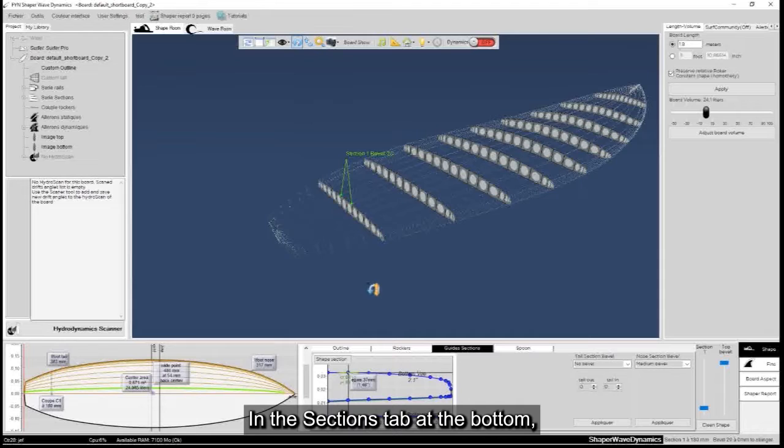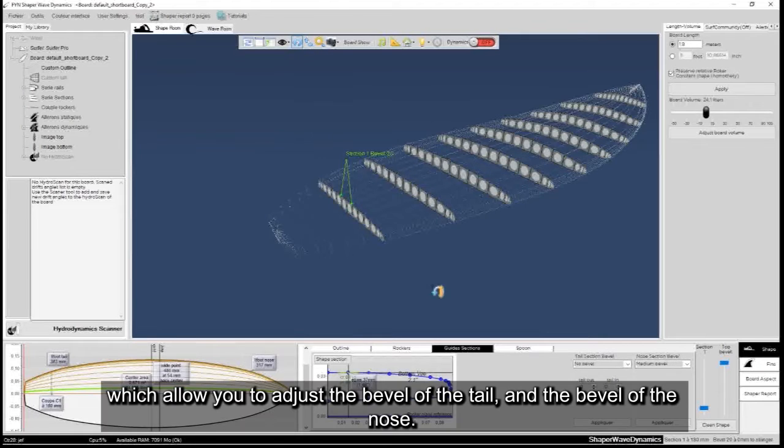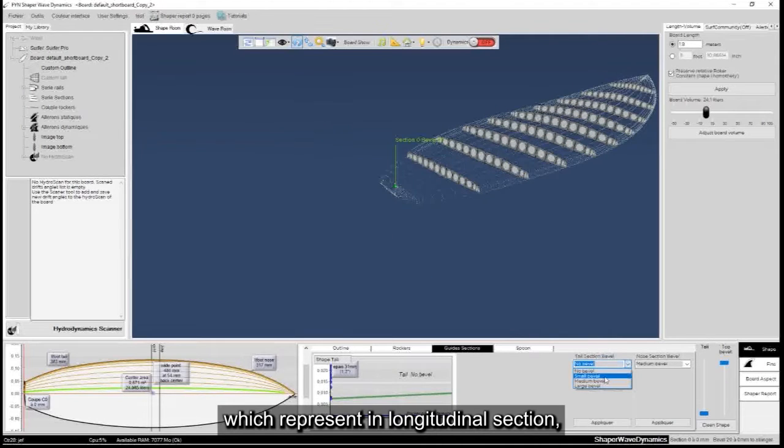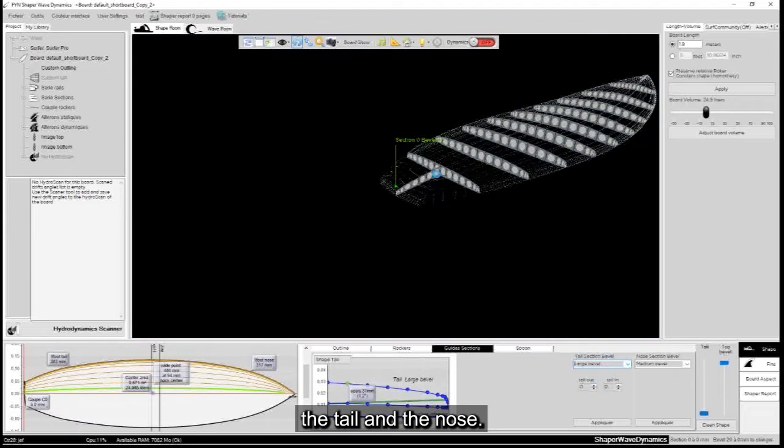In the Sections tab at the bottom, there are 2 chamfer settings, 1 for the tail, and 1 for the nose, which allow you to adjust the bevel of the tail, and the bevel of the nose. We have 2 sections here, which represent in longitudinal section the tail and the nose.